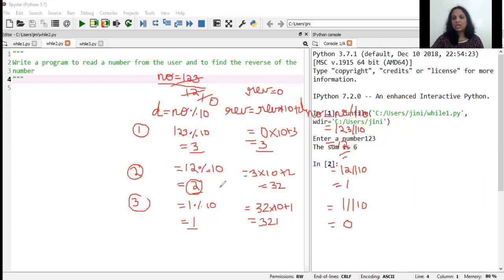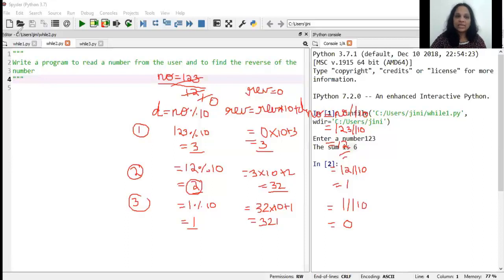Same thing. Now when you had 32, 3 is in 10's place, 2 is in 1's place. But before I get the next number, what should happen? 3 from 10's place should go to 100's place. 2 from 1's place should go to 10's place. How do you shift one place ahead? By multiplying it by 10. So 32, when you multiplied it by 10, you got 320, which means 3 from 10's place came to 100's place, 2 from 1's place came to 10's place, and then you made place for 1 to come into the 1's place. So that is the reason that formula is applied.